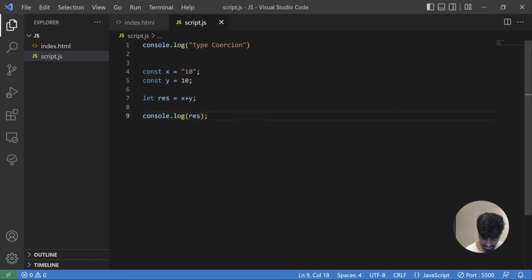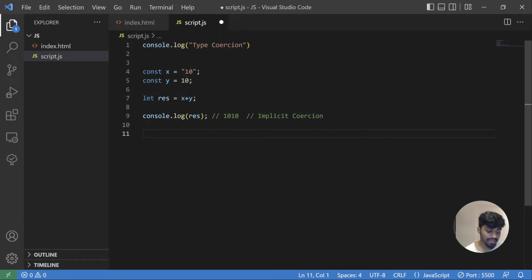So this results into 1010. So there is a solid reason behind it, right? This is known as implicit type coercion, because JavaScript has converted this particular 10 to the string value 10 and added to this string value, it gives us 10 and 10. We'll understand various use cases as well, like test cases, where which conversion happens, right? So this is an example of implicit conversion,